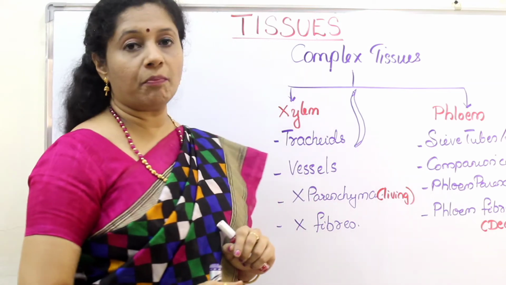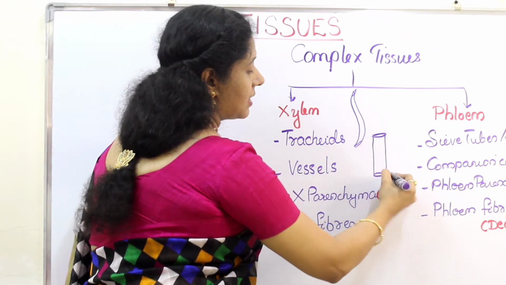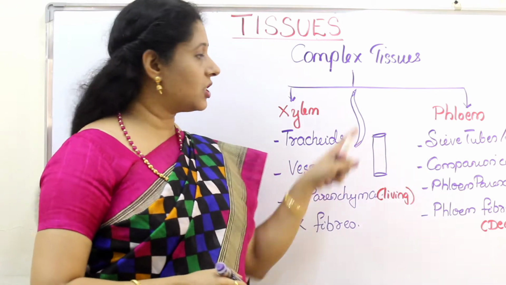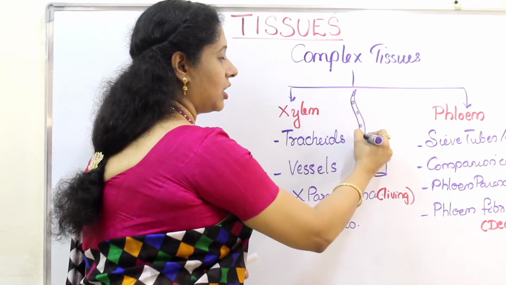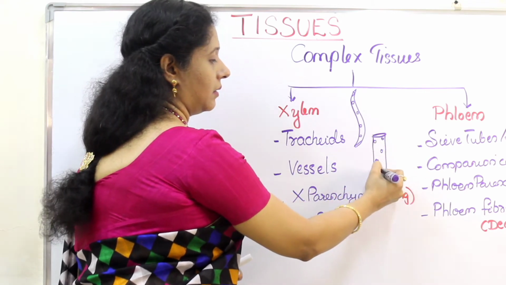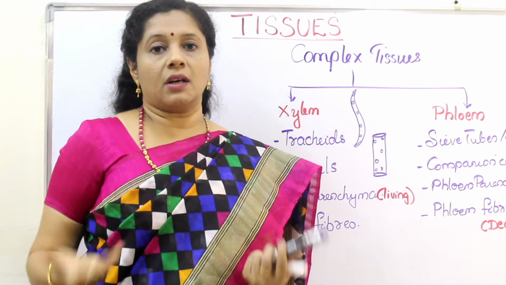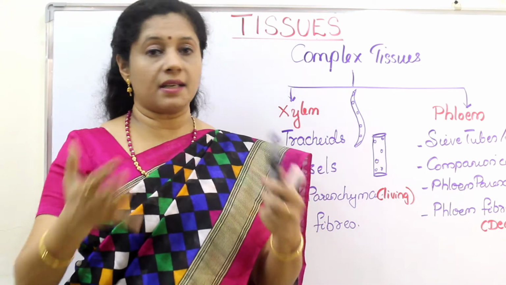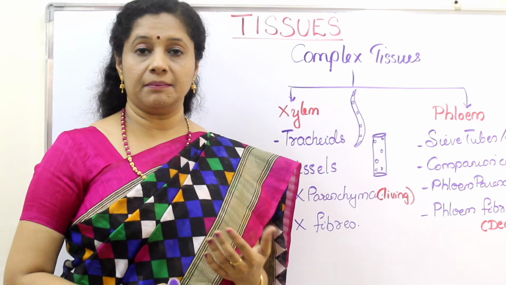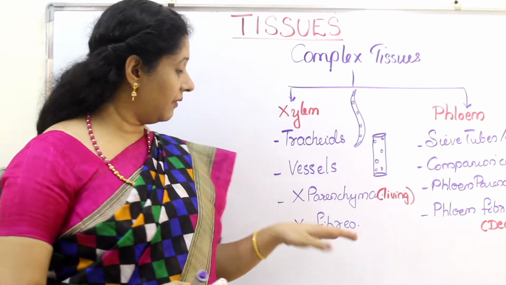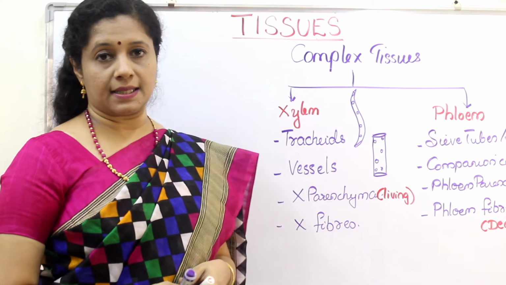Another component of xylem is the vessel. This is also a tubular structure, but it is a hollow cylindrical structure. It does not have tapering ends. They have pores on the walls for sideways conduction also. Because if water is taken from the root and given to the leaf, the trunk in between also needs water. So for that sideways conduction, holes are present. Xylem parenchyma mainly stores substances, whereas xylem fibers give support. So mainly the conducting parts are tracheids and vessels.